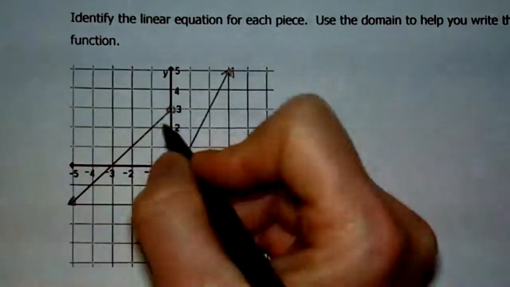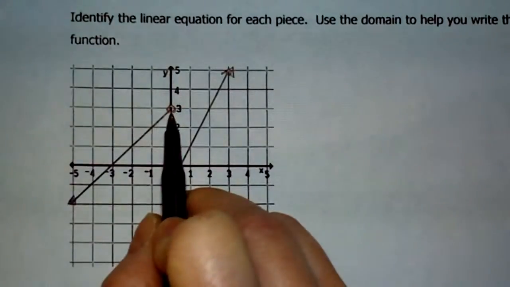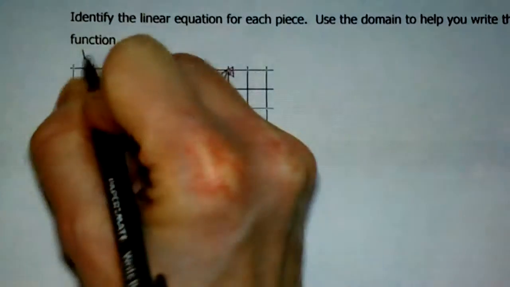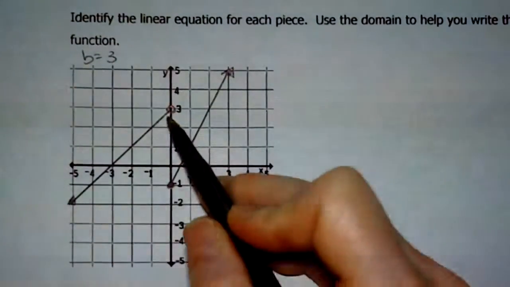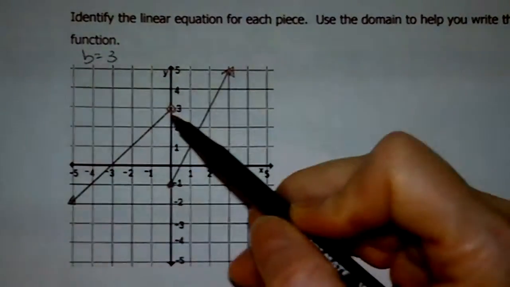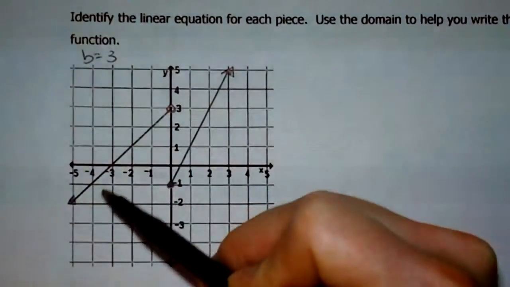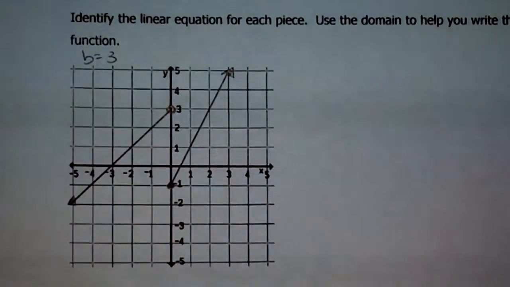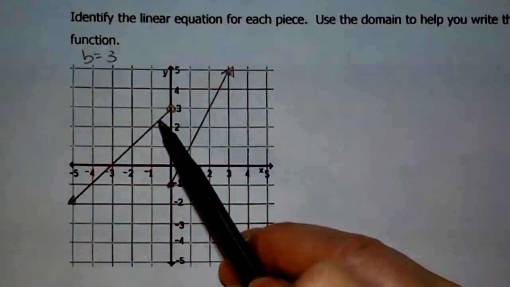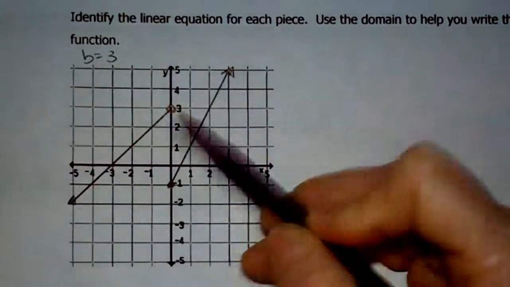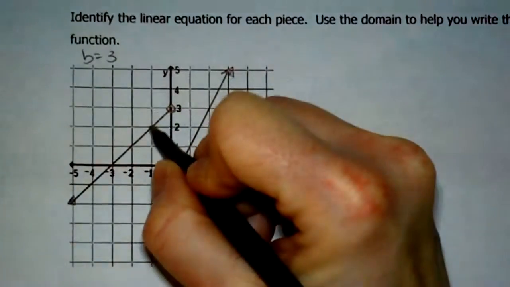So in this equation right here, the y-intercept is 3. So I'm just going to say, okay, b equals 3. I'm going to just write that over here. And now we have to find the slope. And I know I didn't put little dots on there for you because they're not always there. But this whole line is made up of an infinite number of little teeny tiny dots. I like to use the dots that line up perfectly where the x and the y's cross. So I probably wouldn't pick this to find my slope. But as I look through, I see it crosses here, it crosses here, it crosses here. So you could pick any one of those